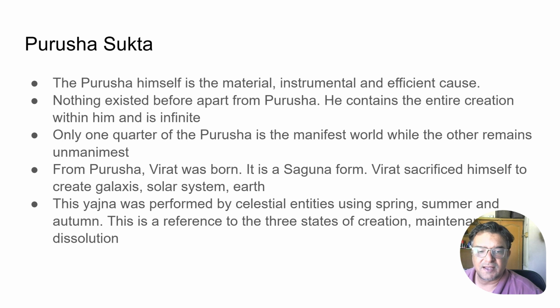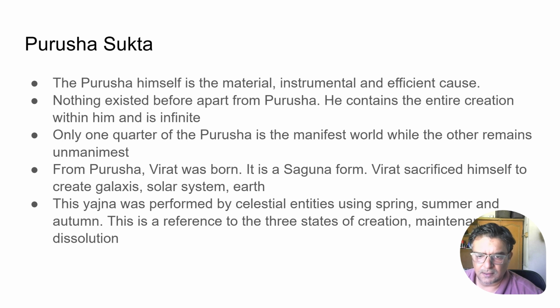Now, Virat then sacrificed himself in the yajna to create galaxies, solar system, Earth, and all the universe that we see. Now, there should be someone to perform the sacrifice, and at this point, life is not born. So, the Sukta defines the entities that are performing the sacrifice. Devta comes from a root word that means shining thing. So here we assume that these are celestial entities performing this. Again, this is an analogy. We need to understand this